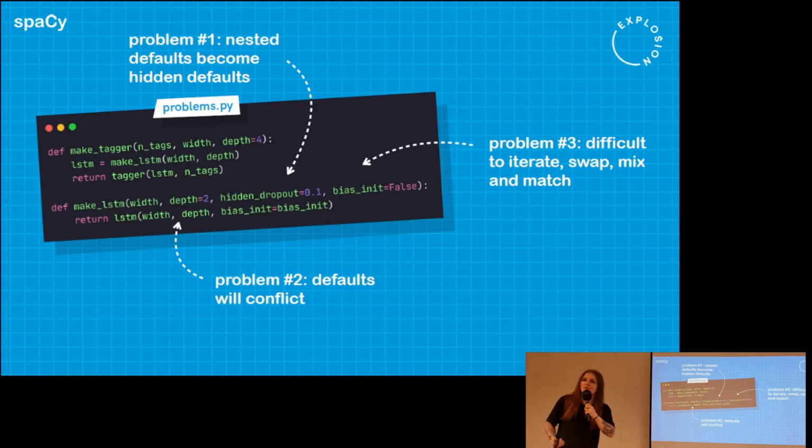You want to build your prototype, try out lots of different things, and that can be very difficult because every time you change one layer here, you need to rewrite all your functions, make sure your settings get passed through, or maybe you end up with these really ugly functions where some settings are only valid in some configuration. You have like 50 keyword arguments, and that's the type of thing that usually causes very hard to debug problems, and that's all the stuff we wanted to avoid.